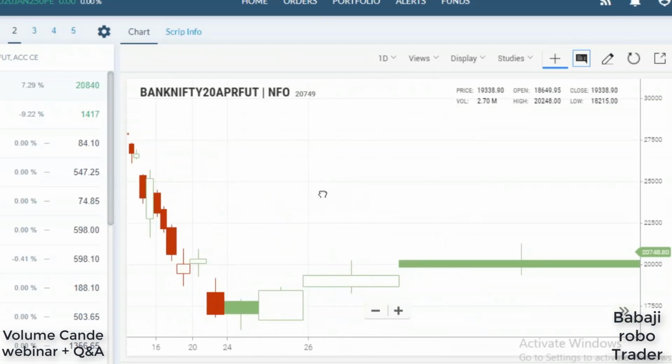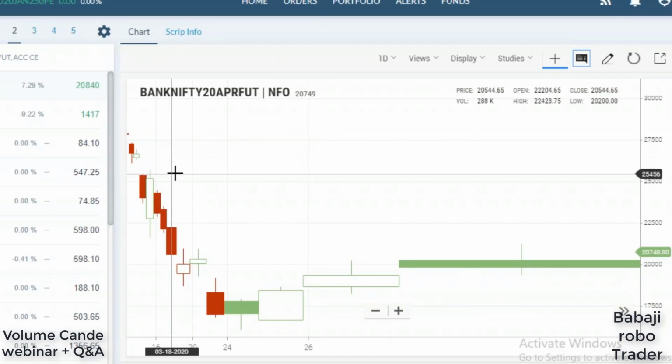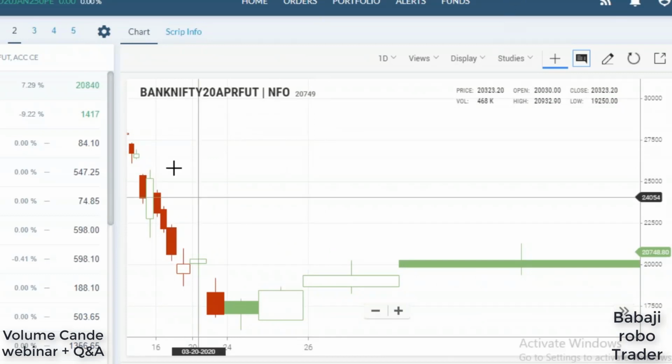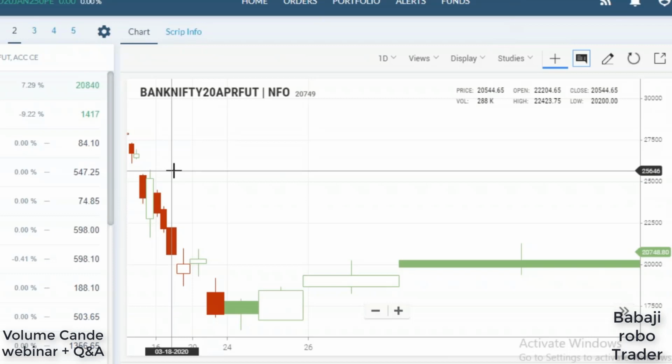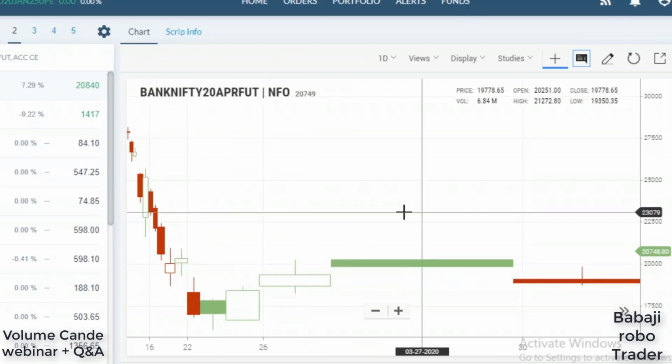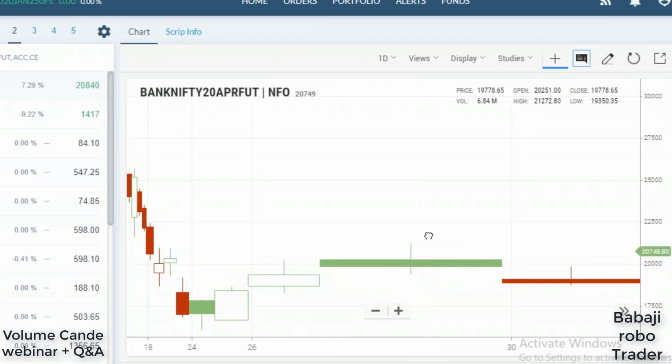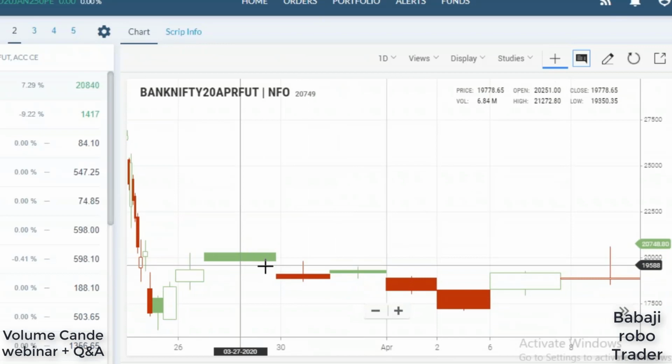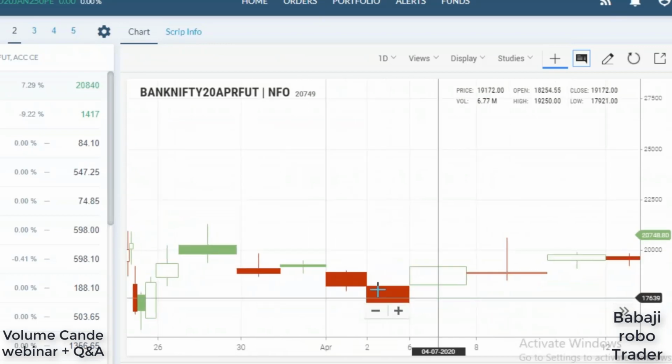So we can see this is our target. If the market moves, this will be our first target. For the Bank Nifty, the first target will be 25,646. Very soon we can expect it. And we can see there's one big flat candle, a huge vertical candle. So with heavy volume the market has moved up, and then it has broken the low over here. Again, there is volume.